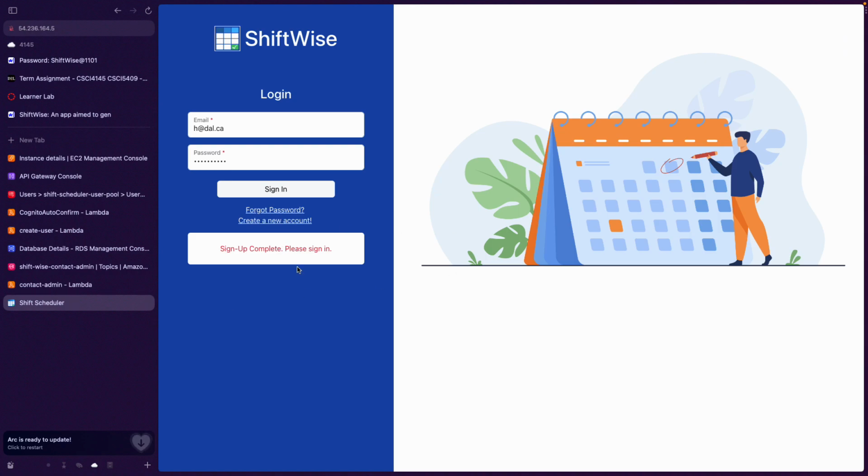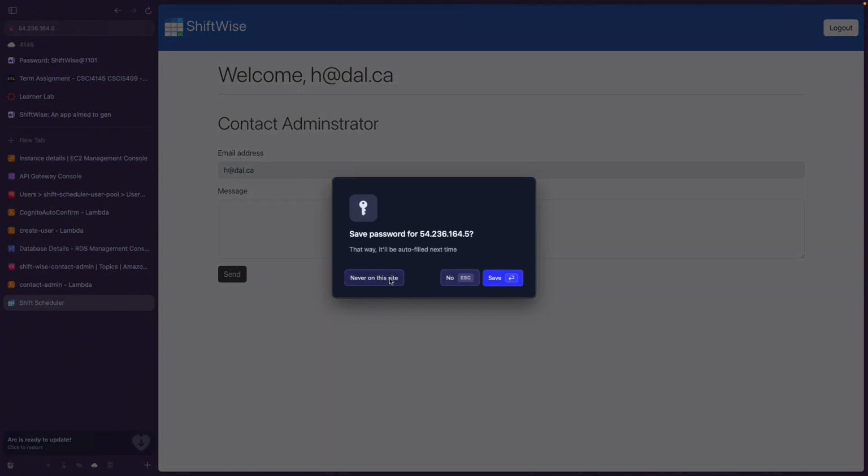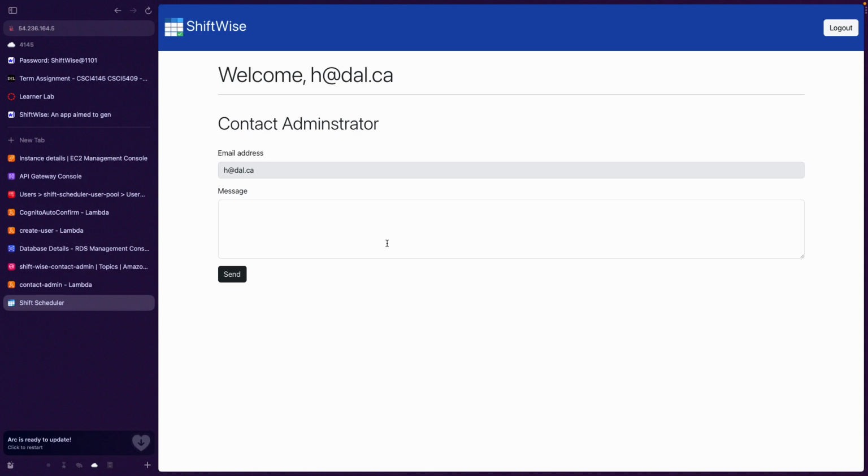Next we have just sign in. It saves the database and saves the email and the password in the form, and you can just click on sign in, and this would let you log in inside the ShiftWise app. It will take you to this page where it welcomes you, and then it gives you an option to contact